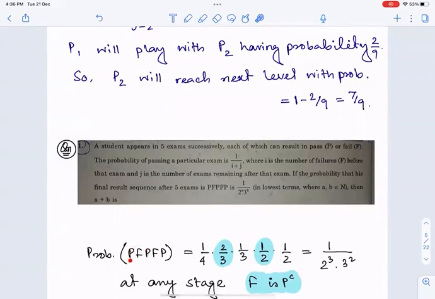After 3 examinations with pass, fail, pass, when I go for the 4th examination, I is 1, and after the 4th examination, 1 more examination is left. So J is also 1. So the probability of passing as well as the probability of failing will both be half. And if we proceed to the last examination, J is 0, no more examination after that. But we already have 2 failures prior to that. So the probability will be half for passing as well as half for failing.